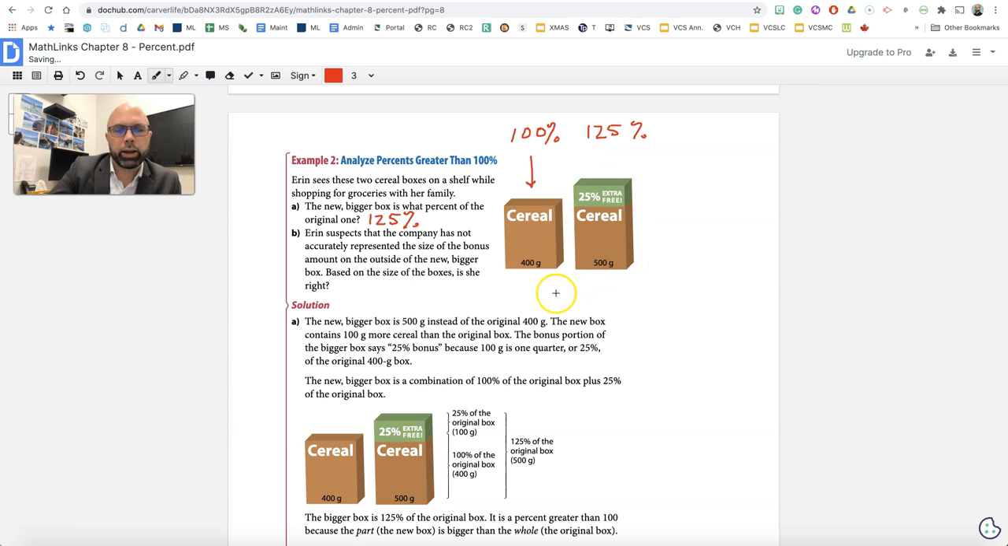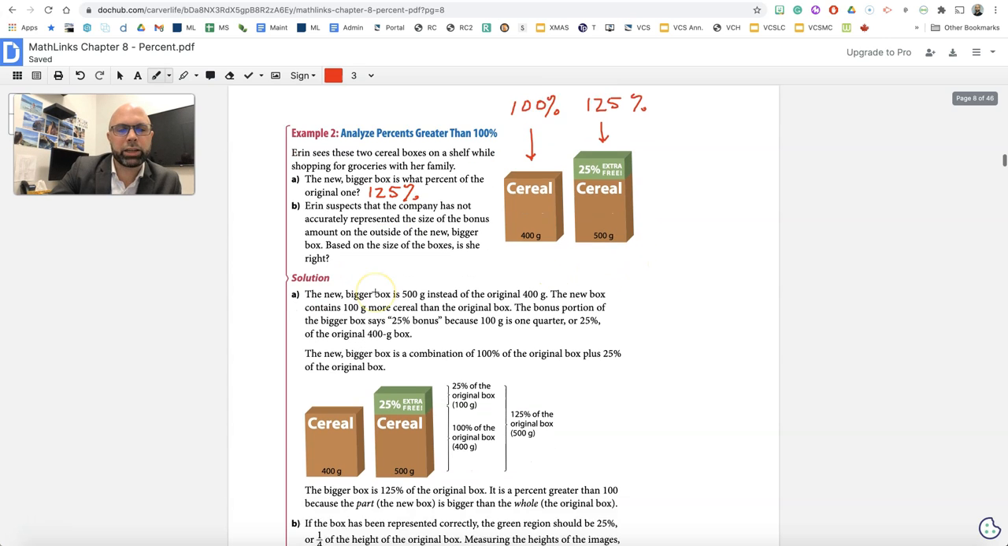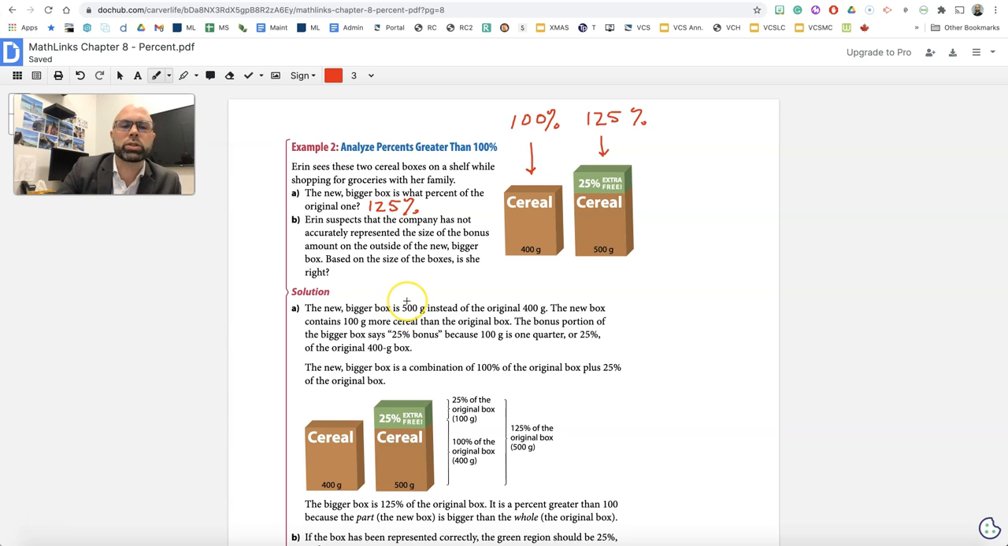Aaron suspects that the company has not accurately represented the size of the bonus amount on the outside of the new bigger box based on the size of the boxes. Is she correct? Well, we can do the math here. I don't know if that's what this is asking. The number of grams is not really the size of the boxes. It's a measurement of the mass inside. This box actually looks a bit narrower. Interesting. But anyway, if we